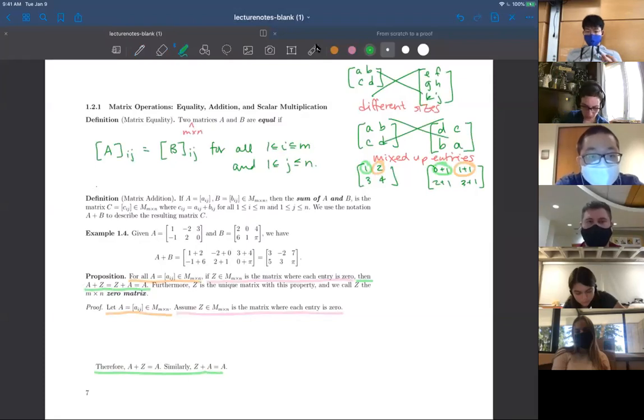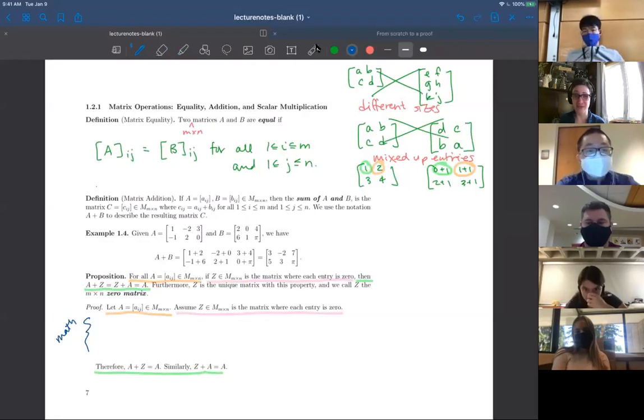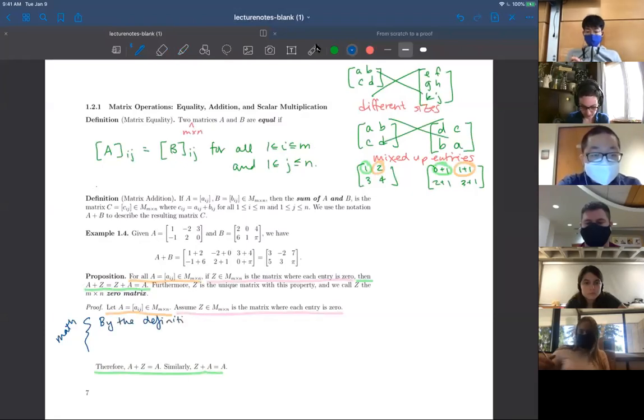So what I need to do for the first part of this proposition is fill in the math. And the math in this case are those two definitions that we have, matrix equality and matrix addition. So the last line is going to be true because we're going to show that entry by entry, A plus Z has the same entries as A. And so that's where we need to get. So I'm going to start with the definition of matrix addition. By the definition of matrix addition,